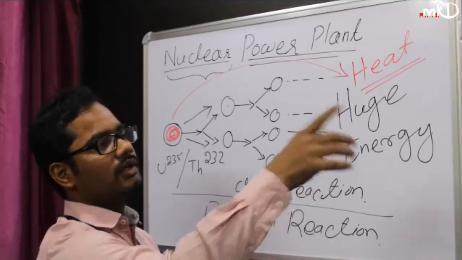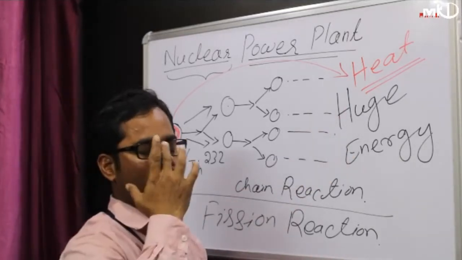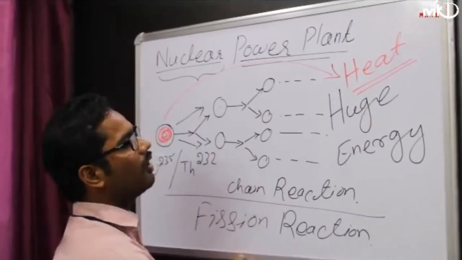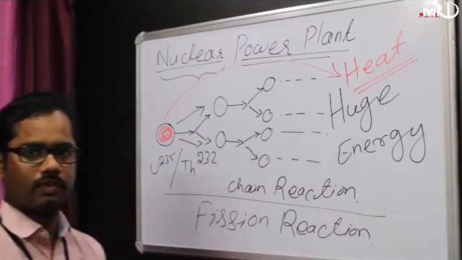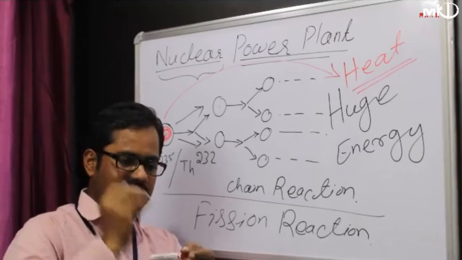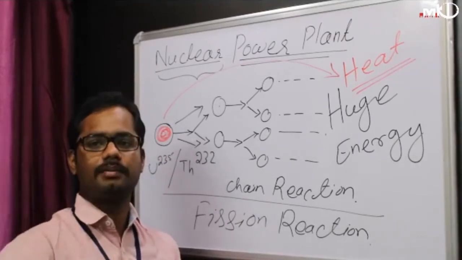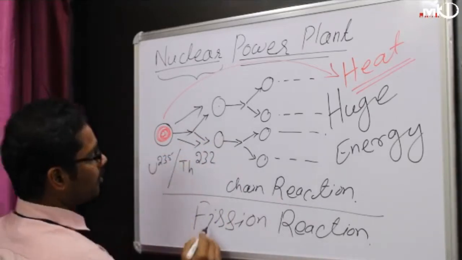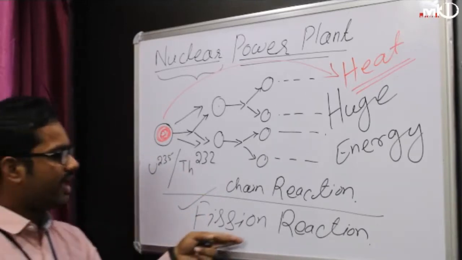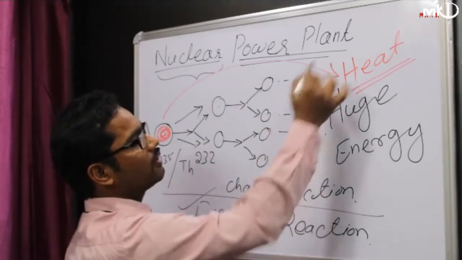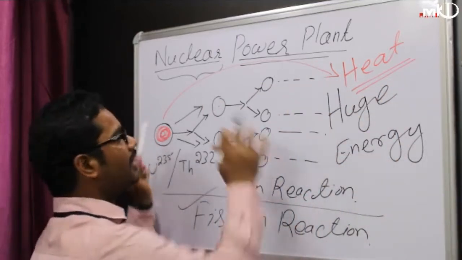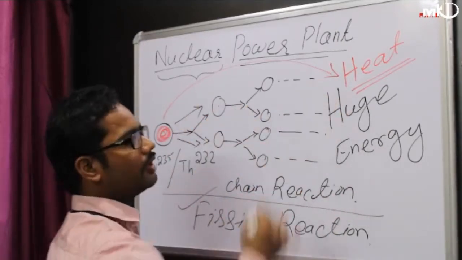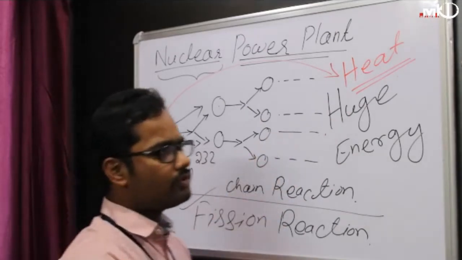Your requirement is electrical energy. So in the nuclear power plant, this heat is utilized to convert water into steam, as in the thermal power plant, and the generated steam strikes the turbine blade. The same work is done here, but it is governed by the fission reaction. When the fission reaction takes place, the nucleus breaks into a number of nuclei with the release of a huge amount of energy. The fundamental thing is this: breaking of nuclei into a number of nuclei with a huge amount of energy. Then what happened? Look at the diagram.